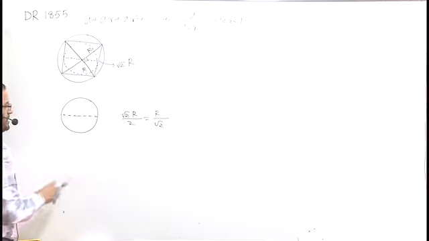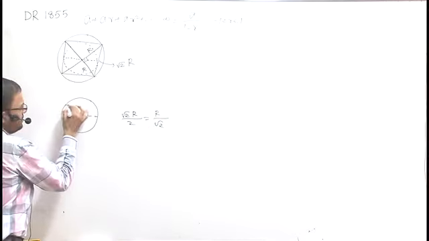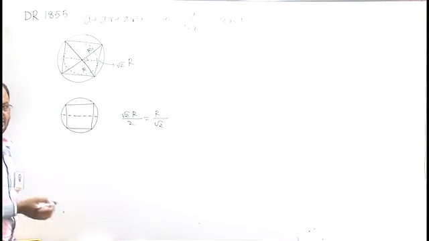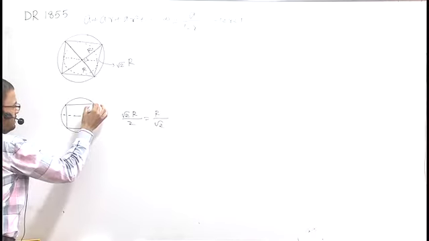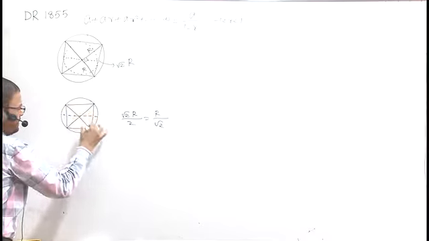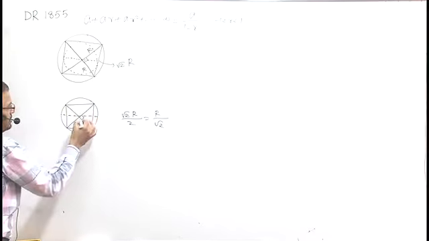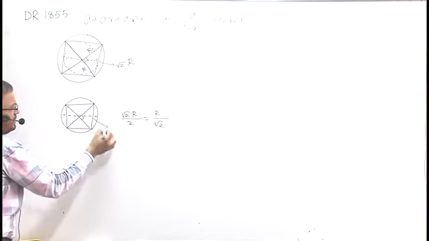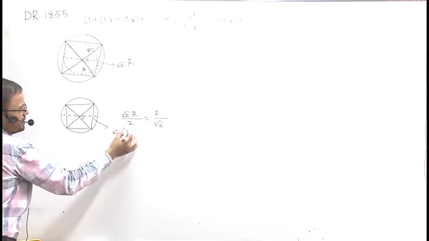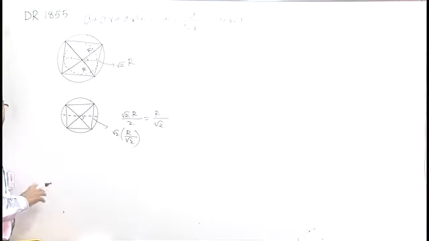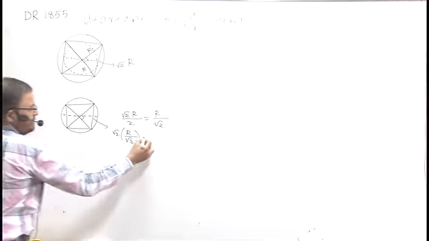Again continuing the process. In this I have to inscribe a square. I am inscribing the square. The same process, I have to find the side. Now I can say these are perpendicular. This radius is R by root 2. This also is R by root 2. Then I can get here the side of the square, that is root 2 times R by root 2. Now this side is R.